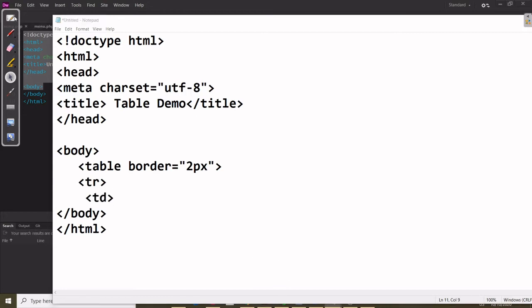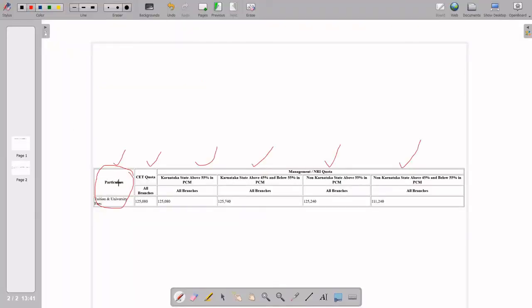So td, what is the first thing here? Particulars. But this td, what is happening? It is the merging of the three rows. This is the three rows merging here: first one, second one, and third one.